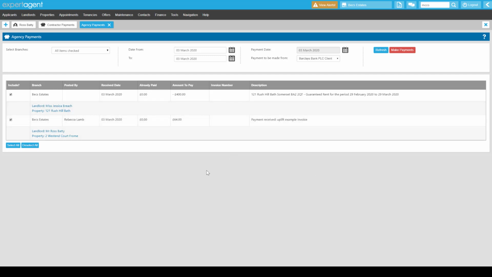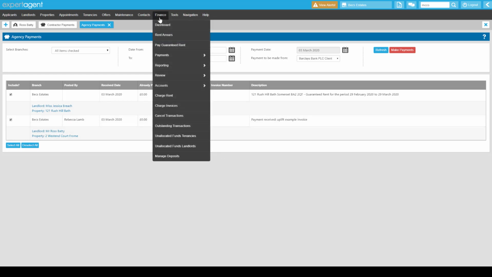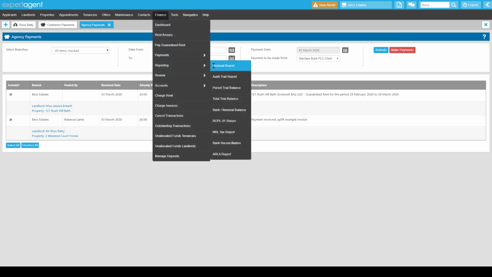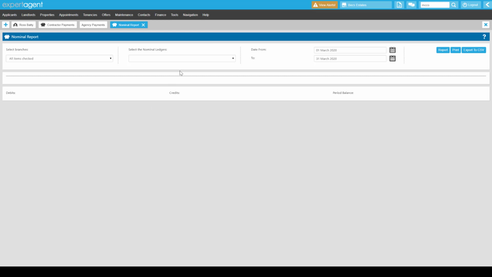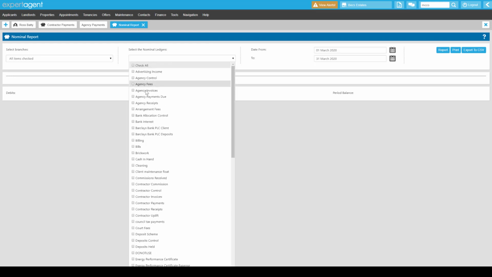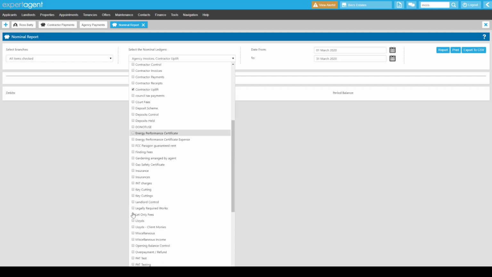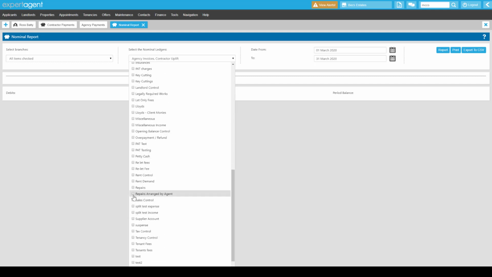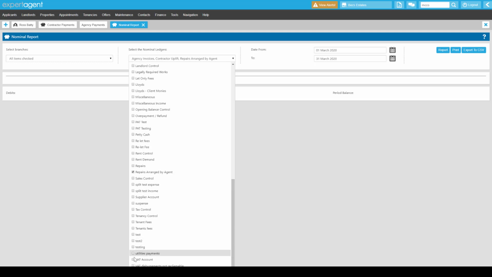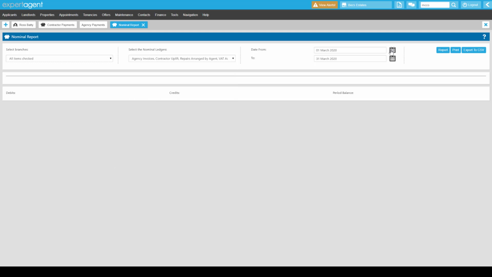So let's just have a look at that from the accounts point of view using our nominal report. So if we go to top finance menu, reporting and nominal report. If we just pick a few nominals to have a look at, so if we have a look at agency invoices, if we have a look at contractor uplift, if we have a look at repairs arranged by agent, which was our overall sales invoice we used, and if we look at the VAT account there,